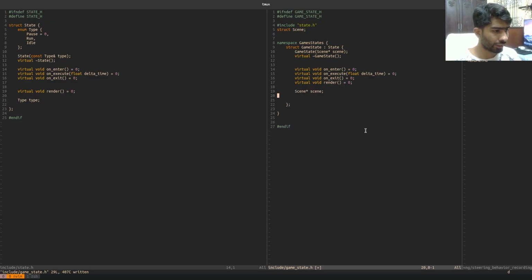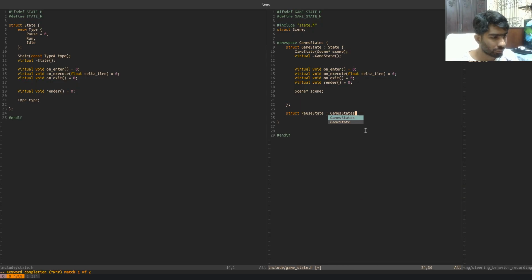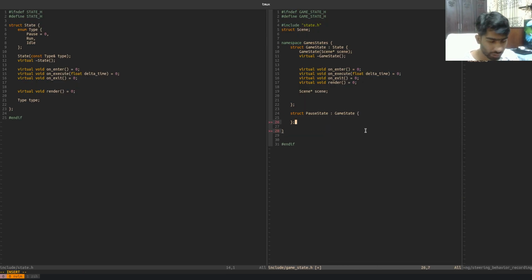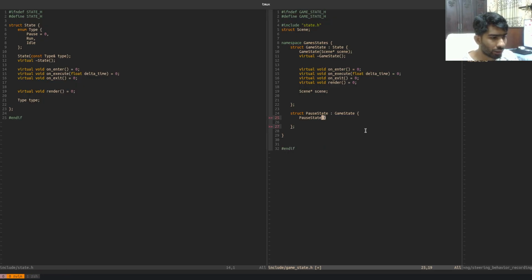Now I'm going to create a state that is called pause state, a struct which is a game state. In the pause state, because it inherits game state, we need the scene. Yeah, we need the scene,